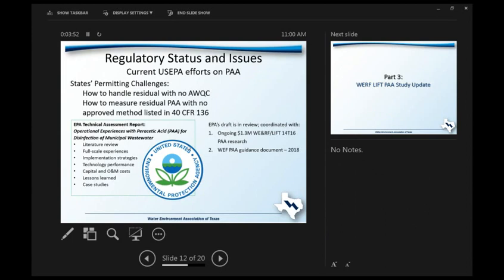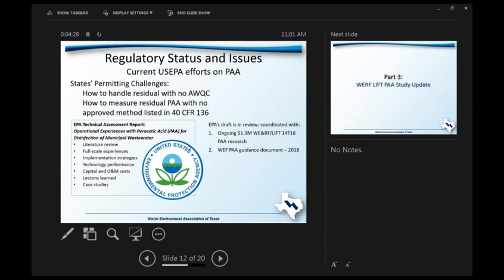And there's also a challenge that some states require that disinfection monitoring technologies are done with an approved method that is listed in the Code of Federal Regulations, so officially an EPA-approved method. And right now there isn't an officially EPA-approved method for PAA measurement, although there are commercially available methods, kits, and probes that do measure PAA. So with these challenges, we're attempting to move the conversation forward with the research project that I'll describe shortly, but